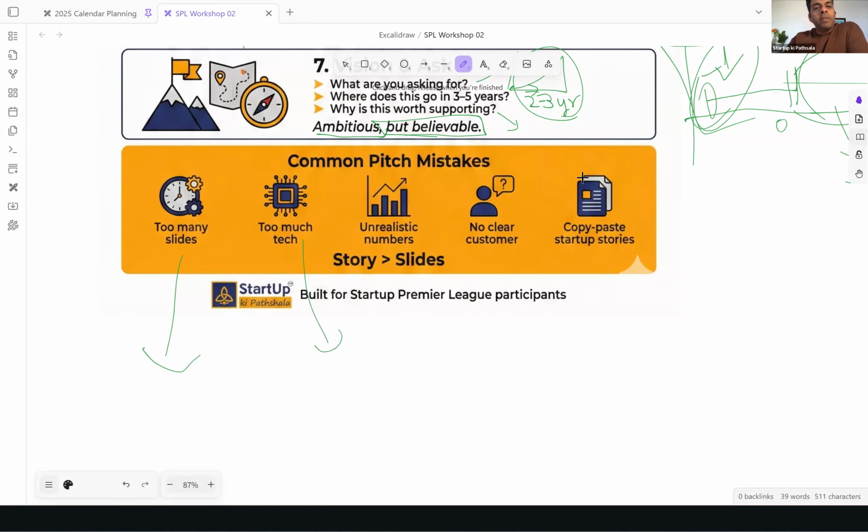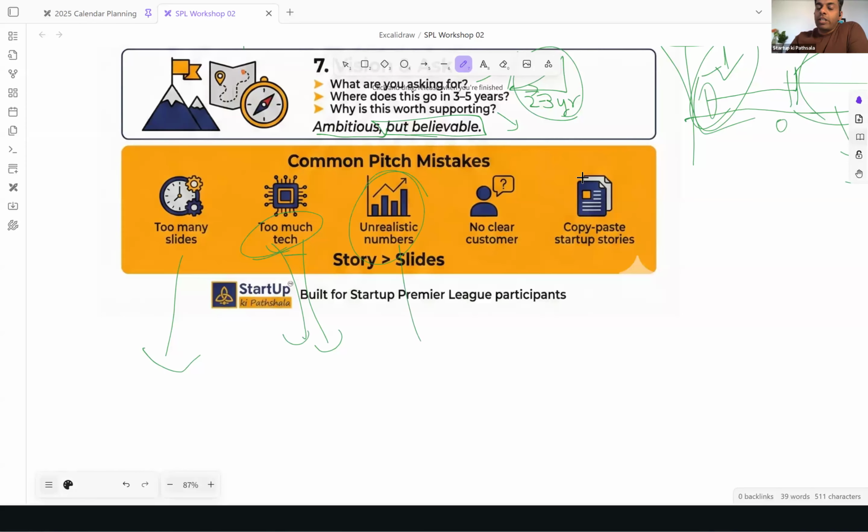Again, in a 5 minute story, let's assume you have a deep tech startup idea, right? If you throw too many technology details and all that stuff, 5 minutes is not the time for that. You're just pitching your idea. Later, if the investors really want, they will pull you in and you will go into the deeper aspects of your business. Just don't throw too much nitty-gritty information into that.